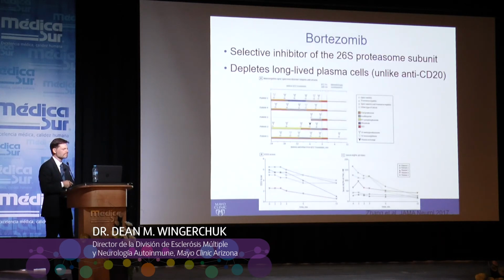And then there's been some exciting work in case series published recently, looking again at different mechanisms. Here's a drug called bortezomib, which is a proteasome inhibitor used in treating certain types of cancers like myeloma. So it depletes long-lived plasma cells, that's why it's good for myeloma, and is an advance over anti-CD20 therapies. The results of this study, this was just a case series, were quite remarkable given the aggressive nature of the disease and the lack of response to rituximab.